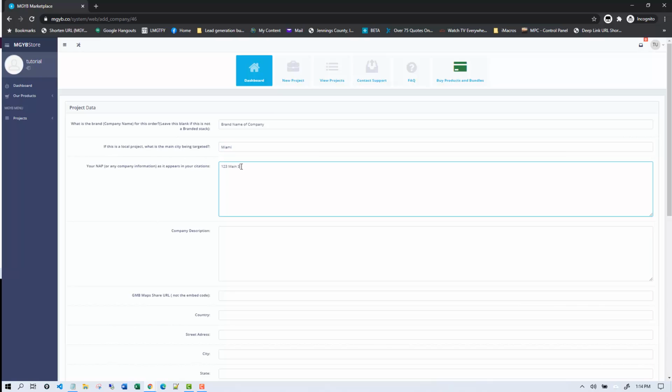123 Main Street, Miami, Florida, 12345 for the zip. Company description, we are in Miami, and then the share URL. So it's going to be your map share URL, not the embed code, but the share URL or the CID, either one. So maps.google.com/share URL right here, and then country,